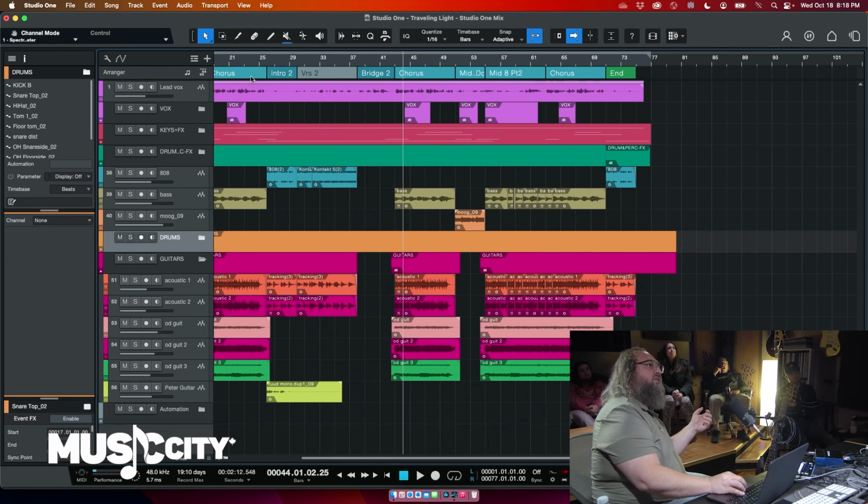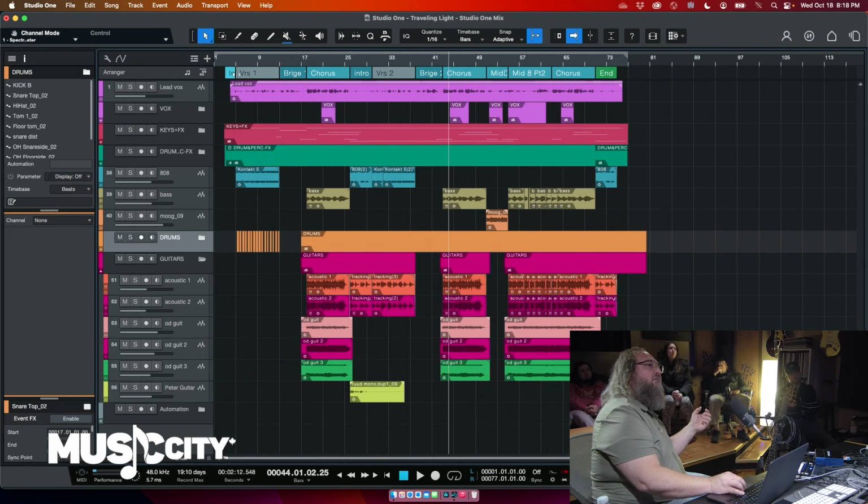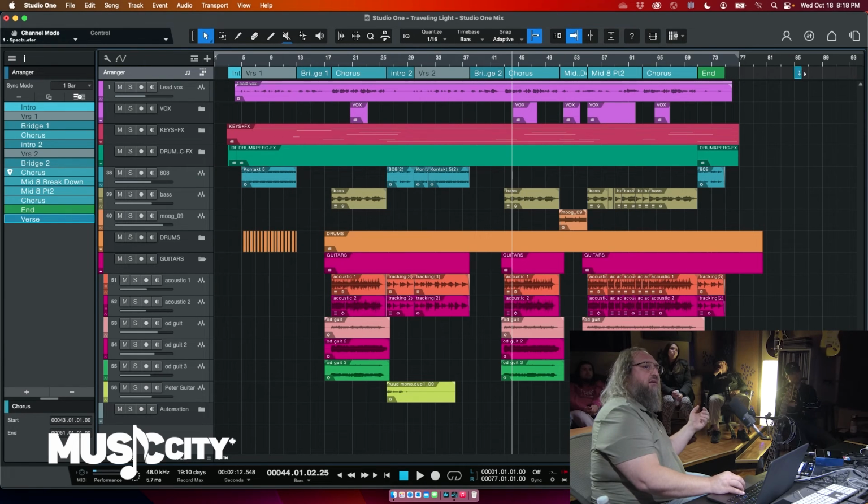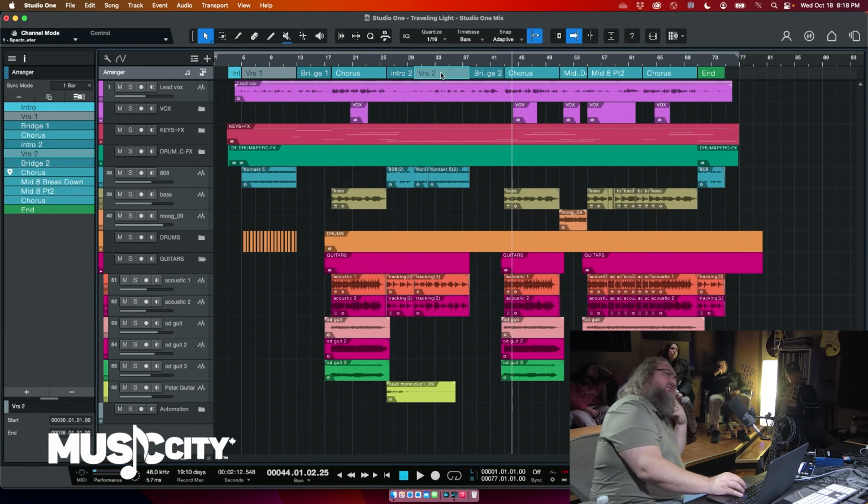So notice though up here I have all of the individual parts of the song. This is called our arranger track. So you basically just double click and you can name it whatever, and then that just gives you the track sections. If I decided I wanted this verse to be not where it is and I wanted to move it,